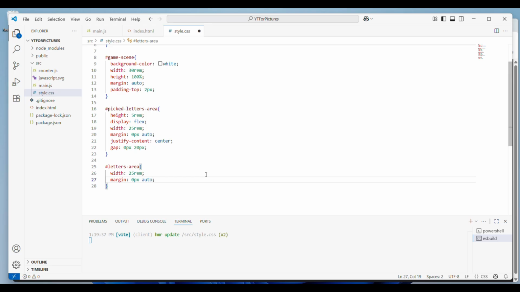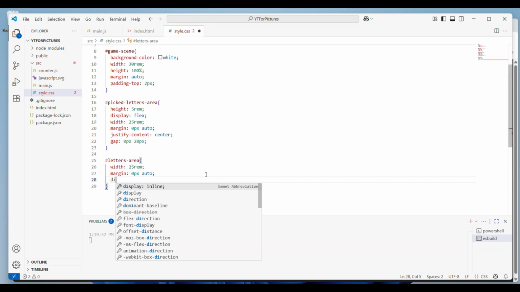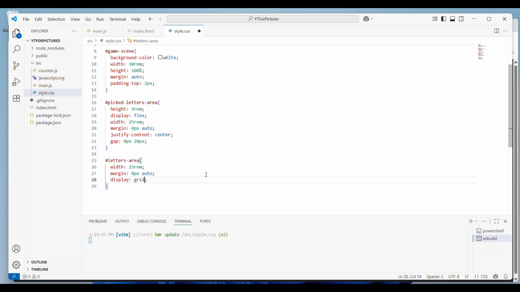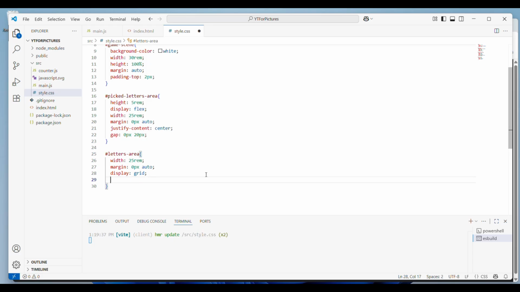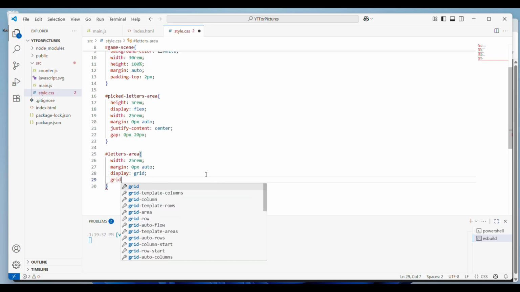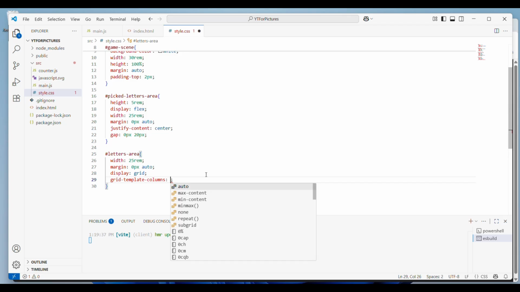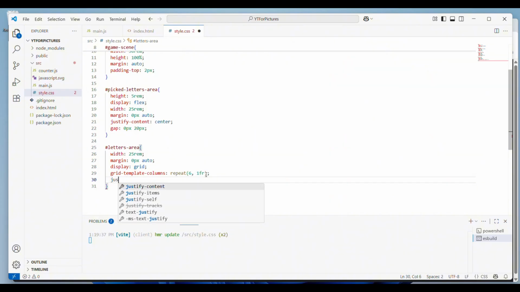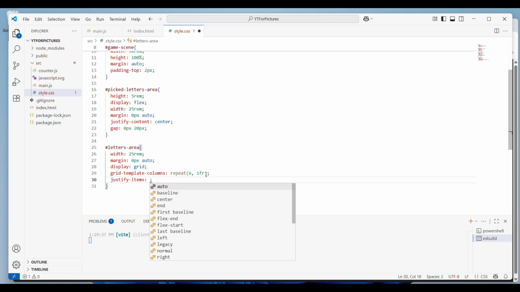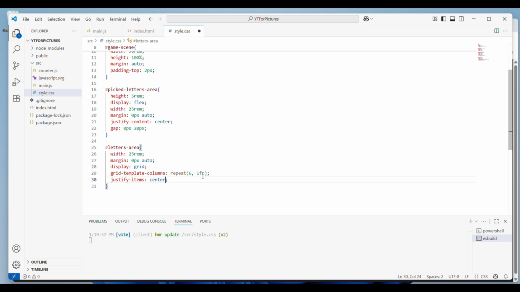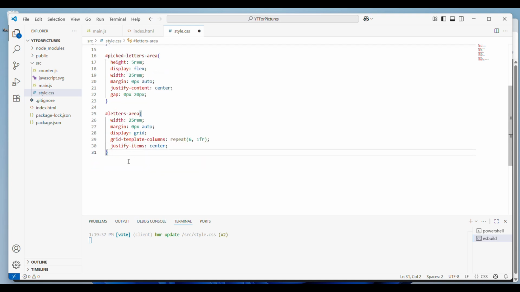Then auto, then display grid. Then I want grid template columns to be repeat 6 1 FR. Justify items center. Okay, then